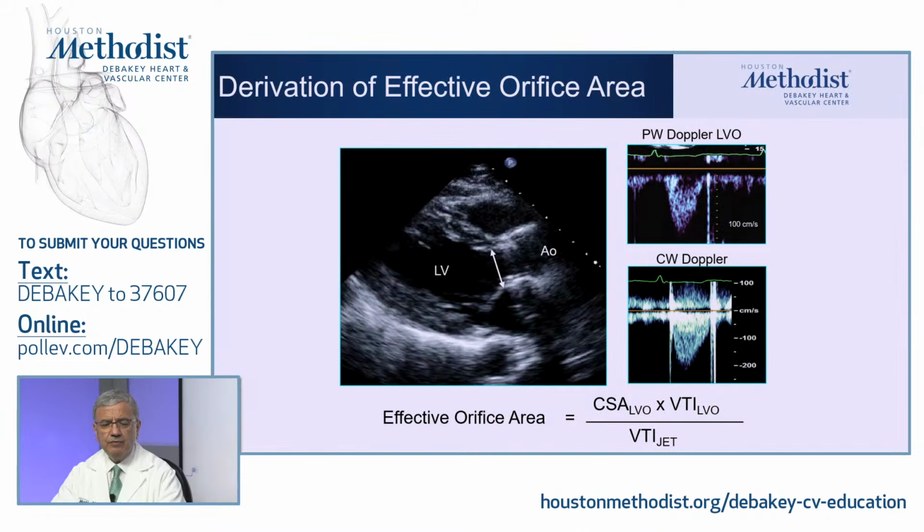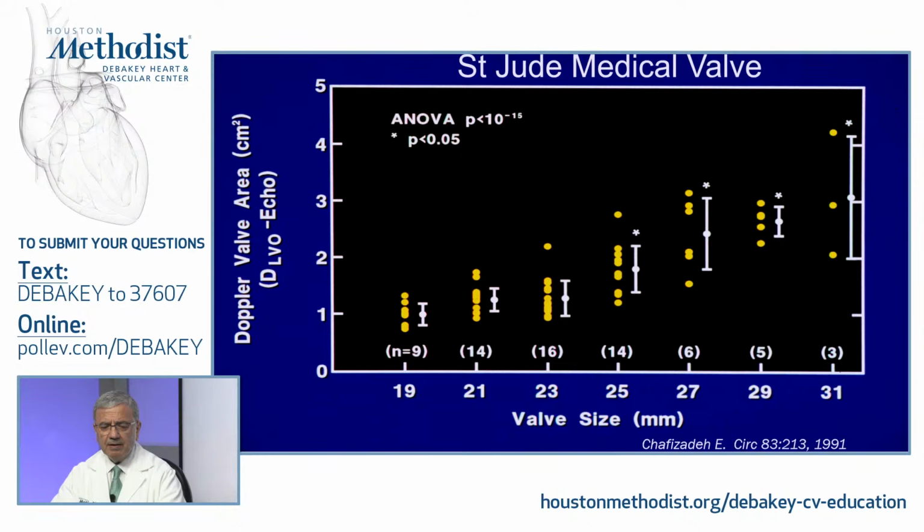So actually, if you derive an effective orifice area using the continuity equation that everybody is familiar with, the spread of these values decreases significantly because you are incorporating already the flow through these valves. So from a 19 all the way to 31 millimeter valve,